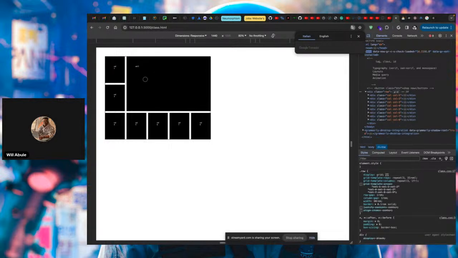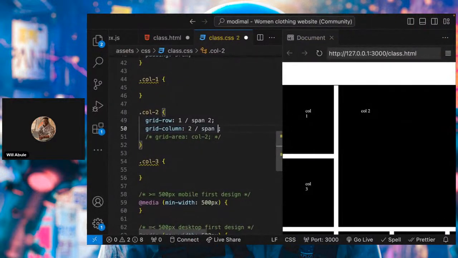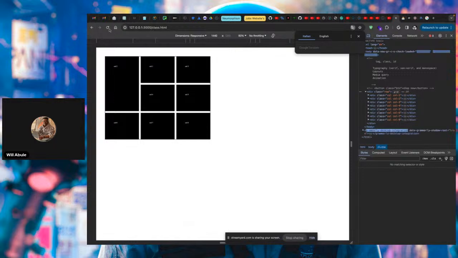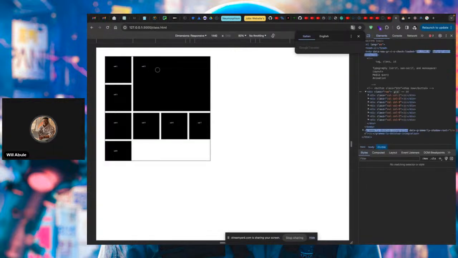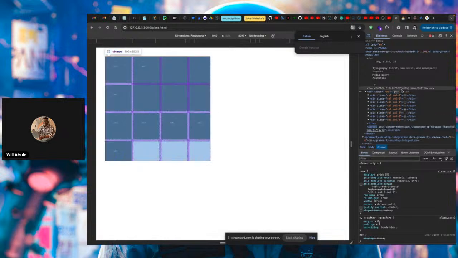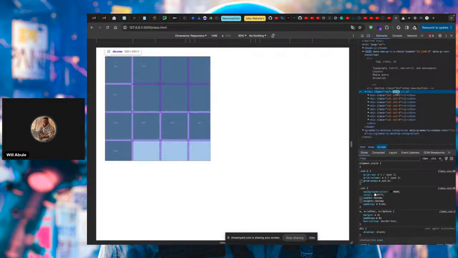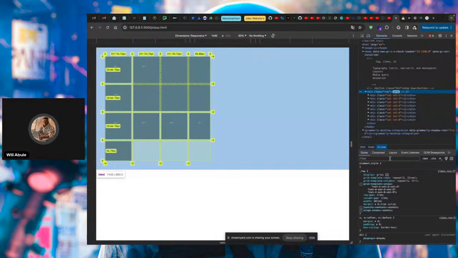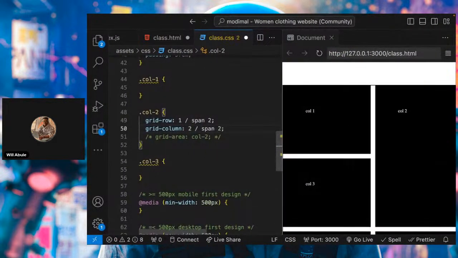Are you guys seeing it? Right? So sorry, this is supposed to be 3 instead of 2. 3. Yeah. So let's refresh. Good. So you can see now, right? So from this column, as you can see, sorry, it's spanning 3 columns. The reason why it's spanning 3 columns is what we created. So we should use 2 instead,